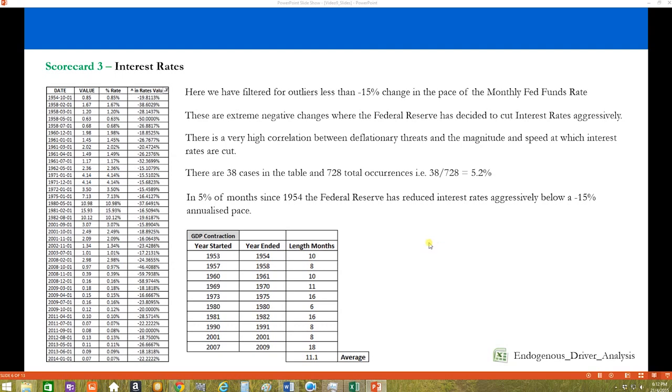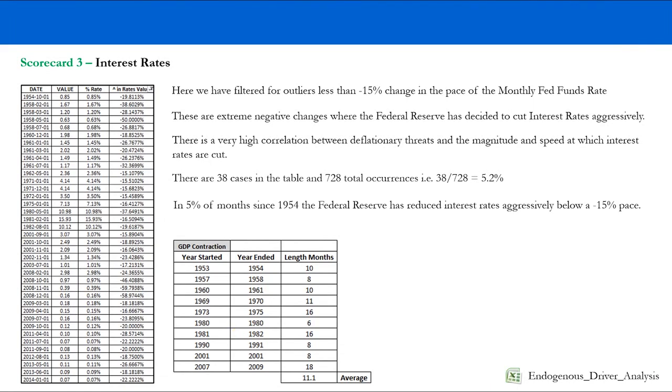And we have here the GDP contraction table from earlier. When you compare this to the periods where interest rate changes in the negative are greater in magnitude than minus 15%, what we see is that there's a very high correlation between GDP contractionary periods and the periods in which interest rates are aggressively cut. And if we look a little bit closer at the data,